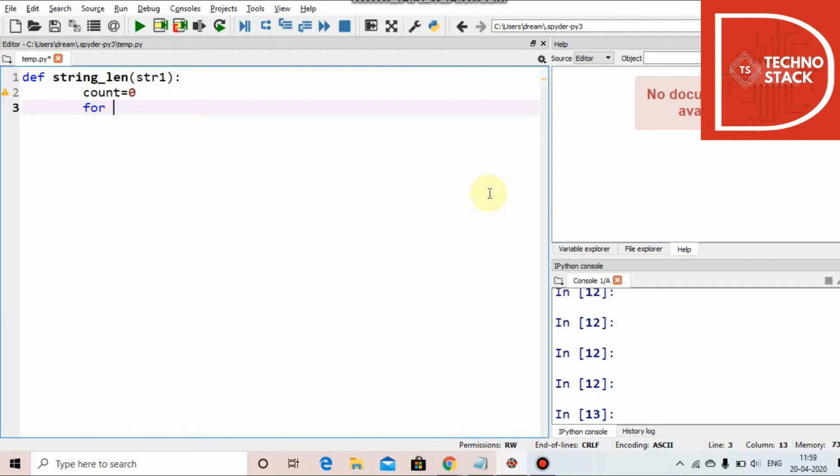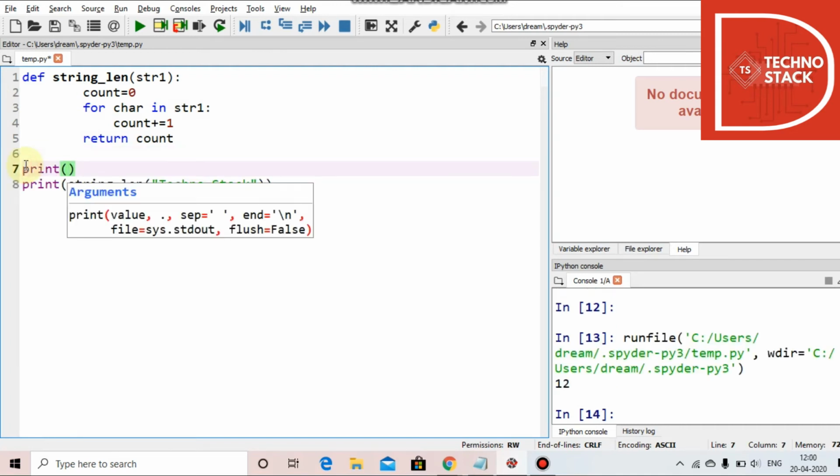I will take a loop for character in str1. Now we'll ask for the count. Then the string is